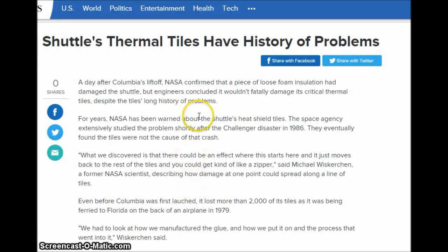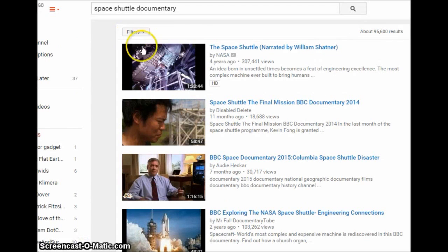Okay, so I've just been watching this documentary about the space shuttle. It's narrated by William Shatner, but then they go into the heat shield tiles on the space shuttle, which I haven't really thought about too much in detail. But if you imagine, the space shuttle is just basically an aeroplane, an aluminum shell, a plane,